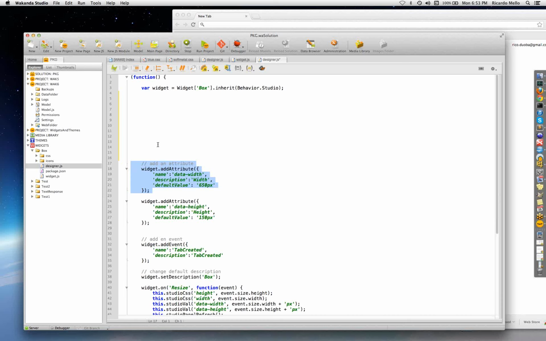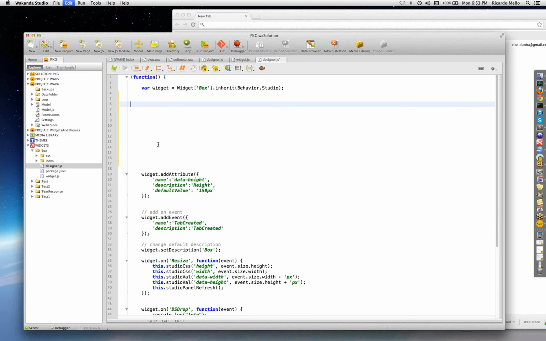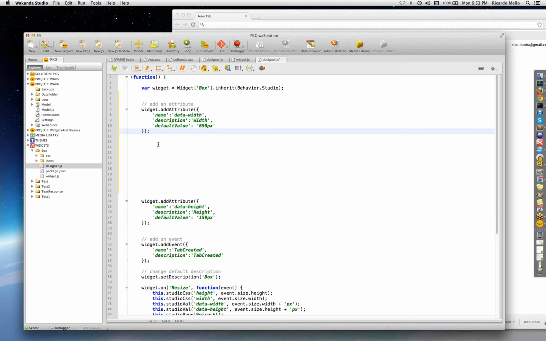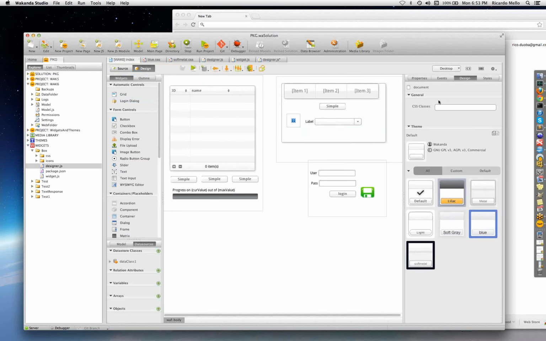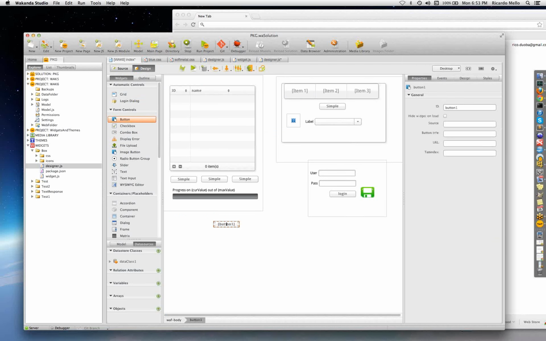when you're in the studio, now we're talking about how I define my widget in the studio, right? So when you're in the studio, one of the first things that you want to do is to have attributes in this section here. So I click on widget. If I drag a button here, right? When I click on the button, I have, for example, here, source, button title, URL, tab index. So I want to be able to easily add